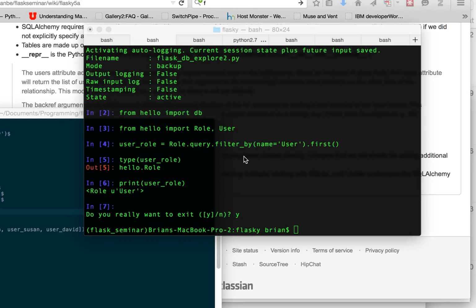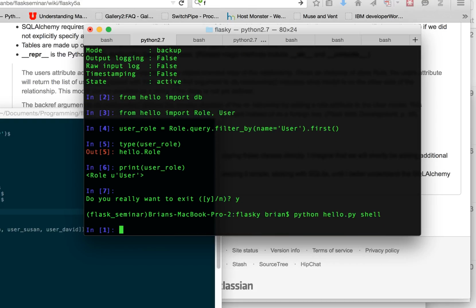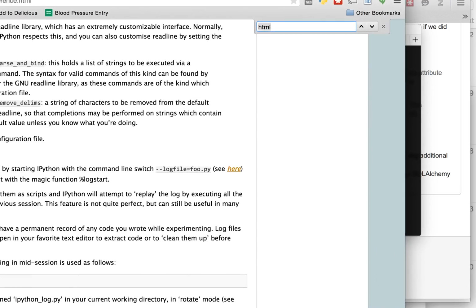If you have it installed, when you run the shell, Flask will by default use the IPython shell. And the IPython shell has a number of useful features that help you work with both the computing environment and to explore your variables. So one useful thing that you can do is, and I just got to double check my cheat sheet here,